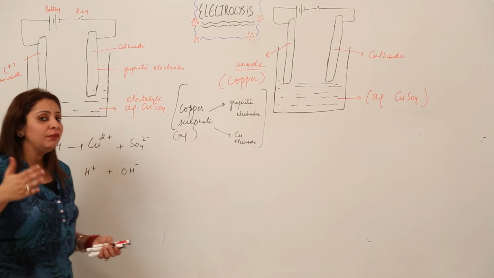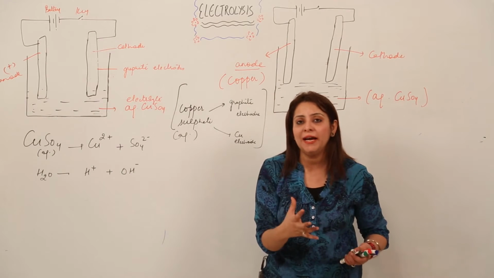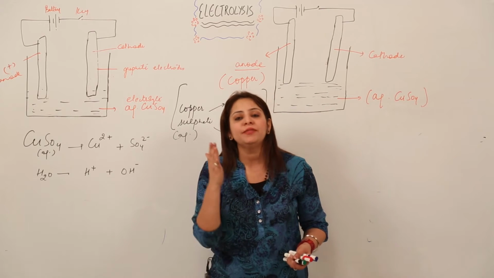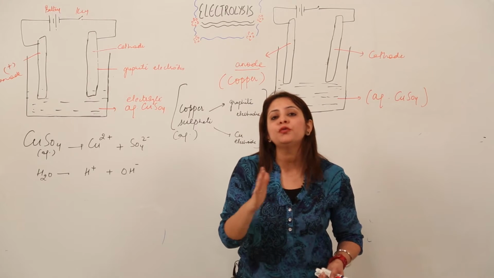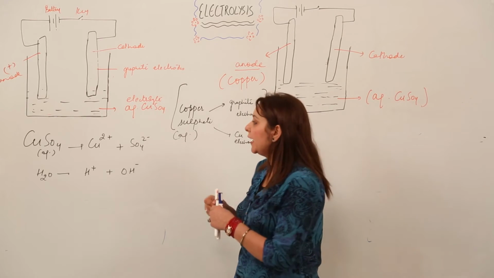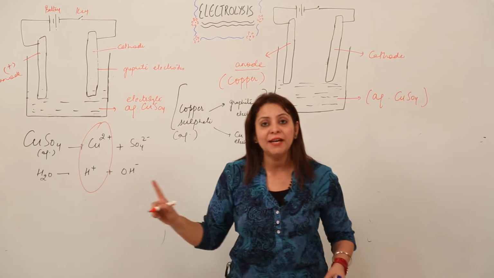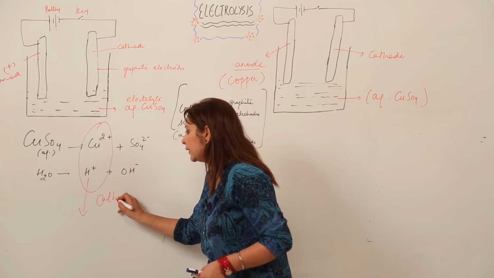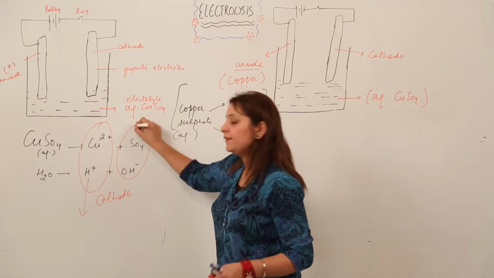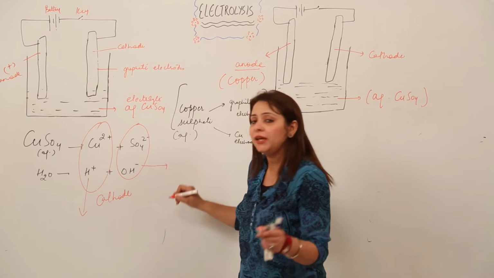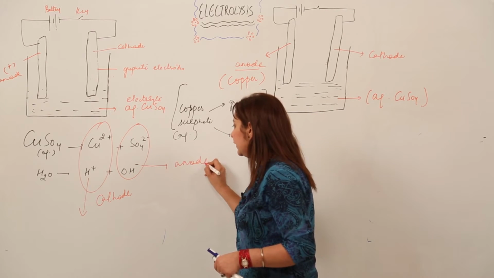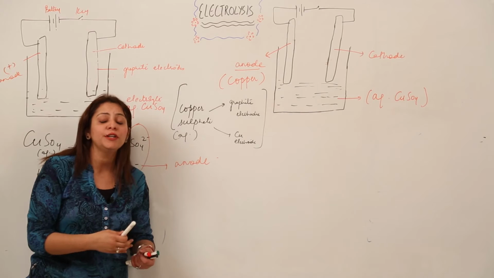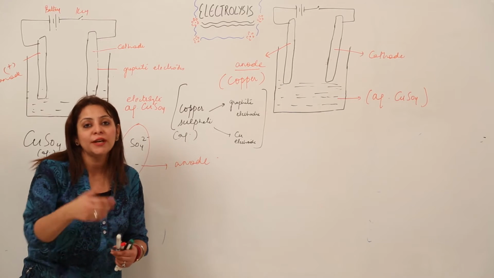As we know, when we have these two kinds of ions, the oppositely charged ions move to the oppositely charged electrode. So these ions carry positive charge, which means they will move to the negatively charged electrode, that is the cathode, right. And these are negatively charged ones, so they will move to the positively charged electrode, that is the anode. So let us see what kind of reaction they will cause, that means which ion is going to get reduced and which ion is going to get oxidized.